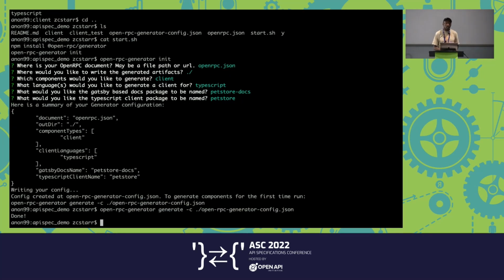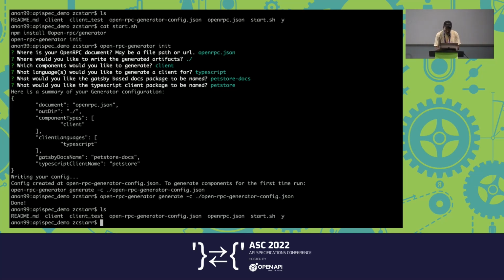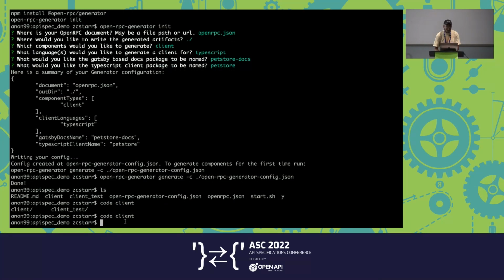Boom. And just like that, because we wrote our own transpiler, we were able to transpile super fast. Some of the transpilation steps before were actually moving quite slow, so that's part of the reason why we did that. If you dig into it, you'll see more of the details. Now that we've got this client that's been generated, you probably want to have a look at what the code is. So if we go here and open up a client,